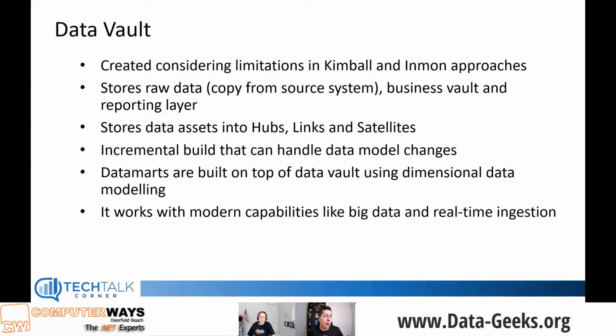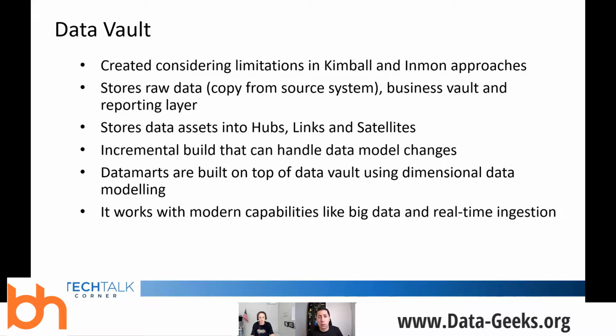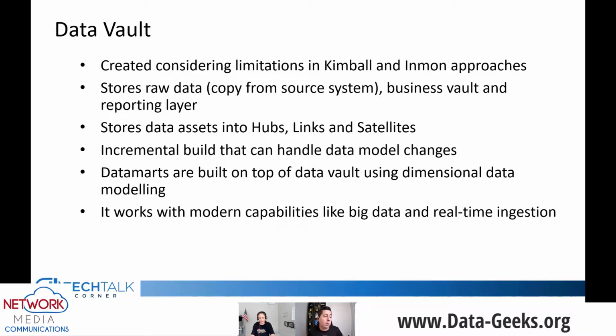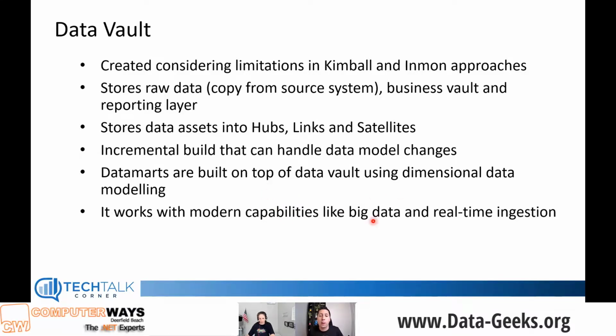It also factored in a couple of really important capabilities, like big data and real-time ingestion. 40 years ago, that was not a thing, right? But nowadays, the volume of data is increasing and will continue to increase in the upcoming years, so it's important to understand that Data Vault did factor this in, and you have options and design approaches to work with big data, large volumes of information, as well as real-time ingestion.